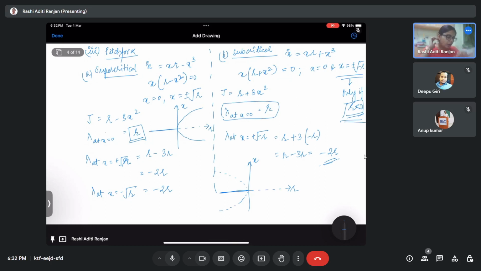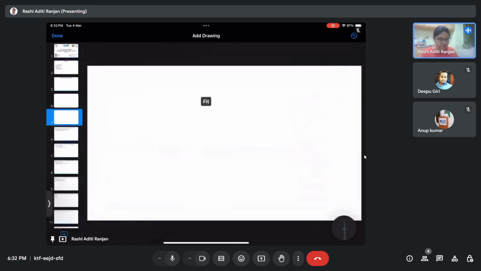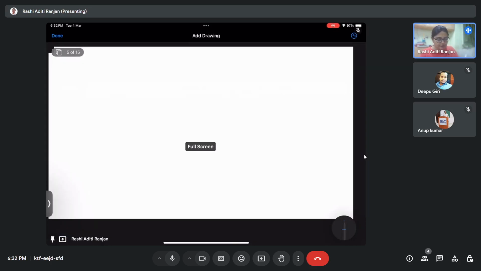Now all the three bifurcations that I have discussed over here are the main cases of static bifurcation. These are the cases of static bifurcation, which means we are concerned about the variation of the equilibrium points corresponding to the change of the parameters, correct? But now if I talk about other bifurcations,